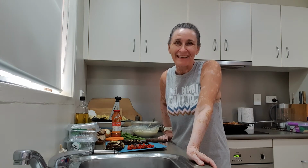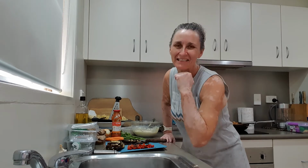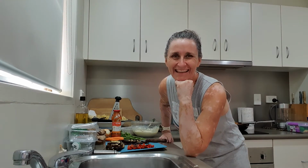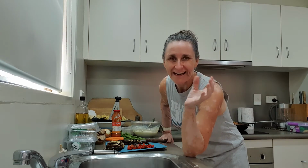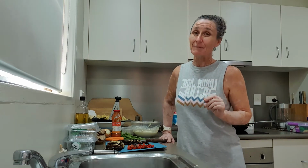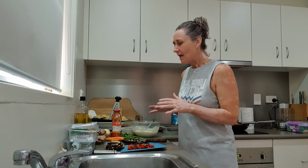Today I am making the back to basics eggplant lasagna, and I have a secret ingredient that I'll be placing in there which makes it absolutely delicious. I've gone ahead and prepared a few things, but I'm going to explain how I make it because it is really simple. It is a little bit time consuming, but